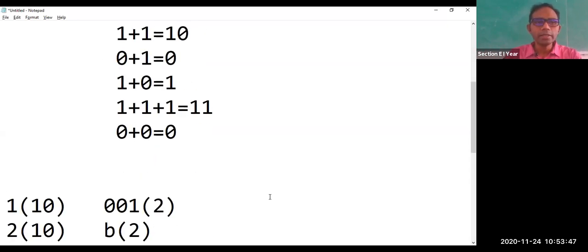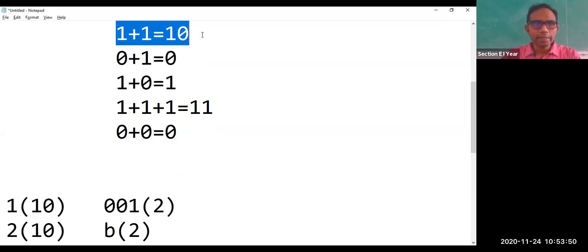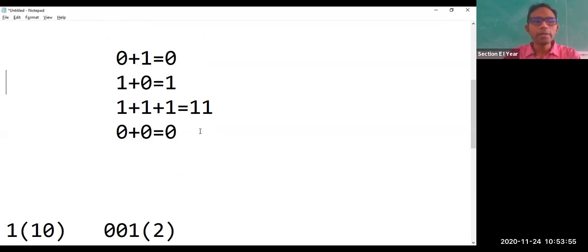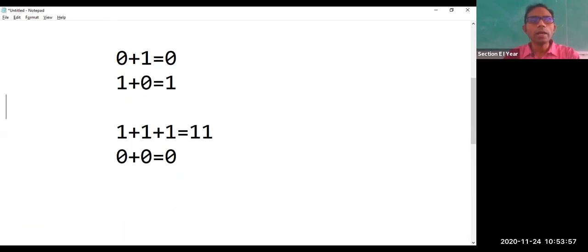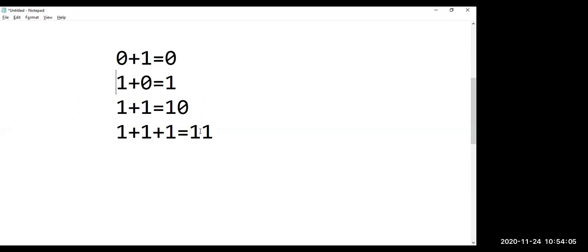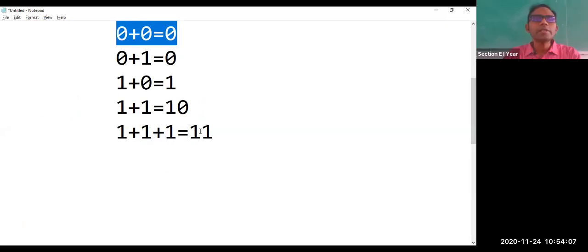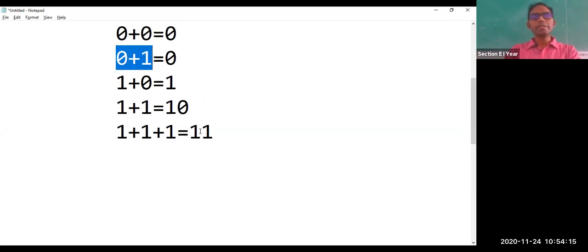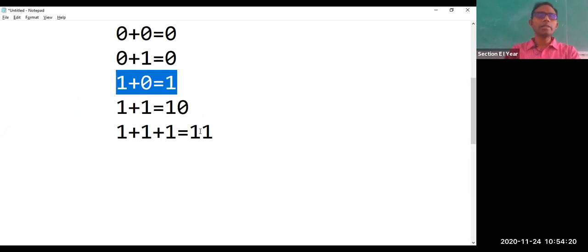See, the basic thing is we are having these additions in the ALU. The ALU is going to perform the addition part. ALU means arithmetic and logical unit. Because the computer knows only binary numbers, we need to talk only binary concepts. So here initially 0 plus 0 is equal to 0. This is binary addition. Binary 0 plus binary 0 is equal to 0. Then binary 0 plus 1, the result is 1. Then binary 1 plus 0, the result is 1. Till this part, there is no distinction between a binary number and a decimal number.